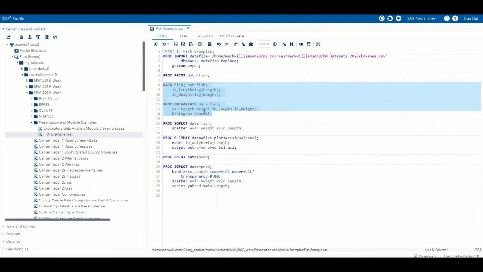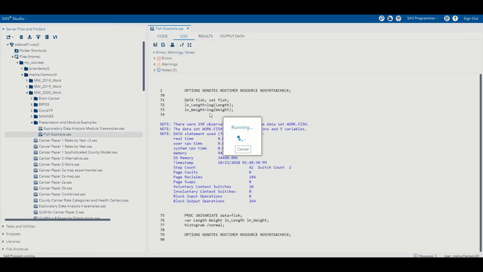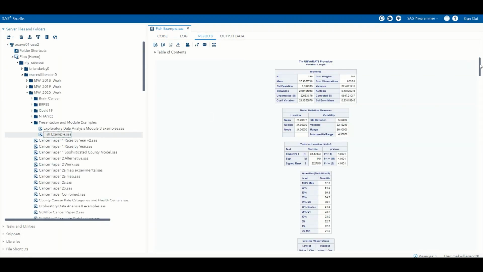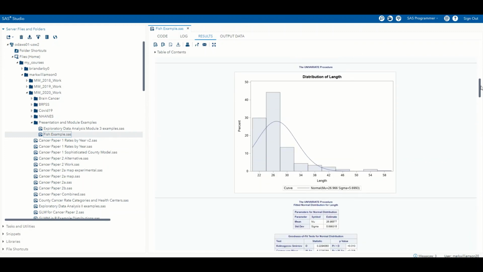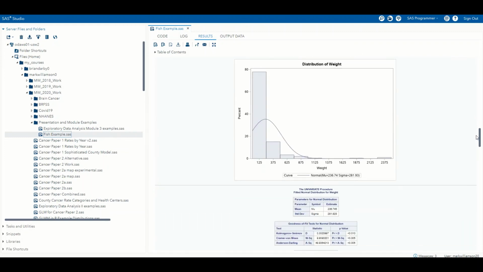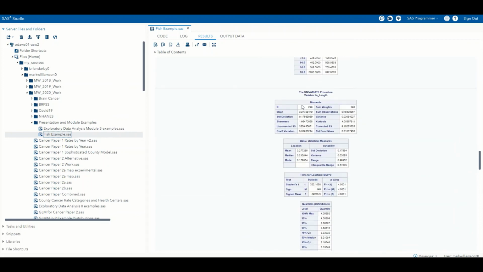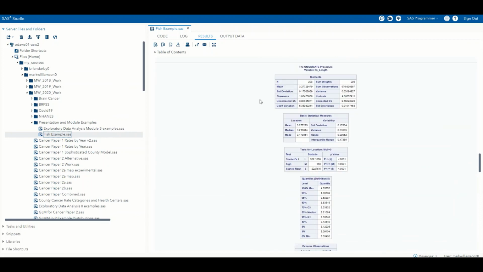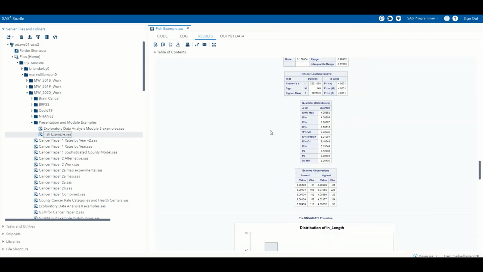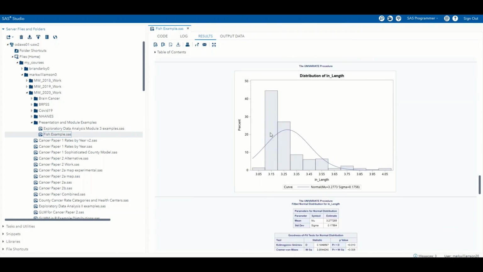Proc univariate will give us our summary statistics, and then we also can do a histogram right in there with a normal distribution sort of overlaid. So it gives a whole bunch of stuff on each variable. That's length. We'll skip the non-transformed one. Get to the natural log of length here. Get our mean, standard deviation, and so forth. And here is our distribution. Here's kind of the normal. So you can see it's not perfect,